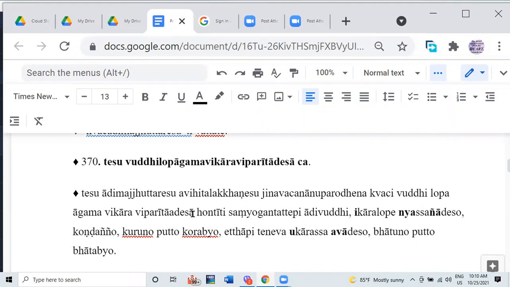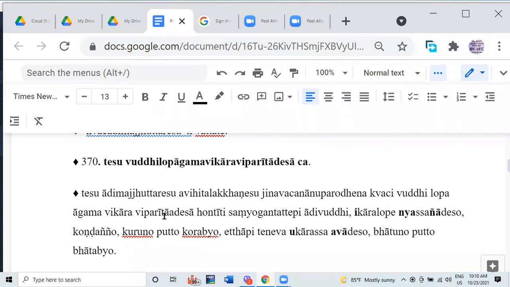Avihitani Lakkhanani, Yesam Avihita Lakkhanani. Here, Adi Majjuttara. Adi should be